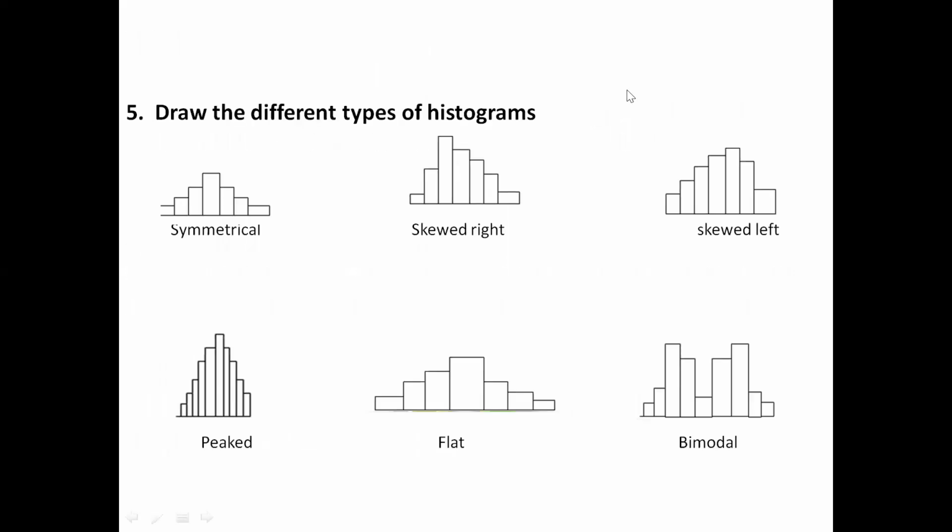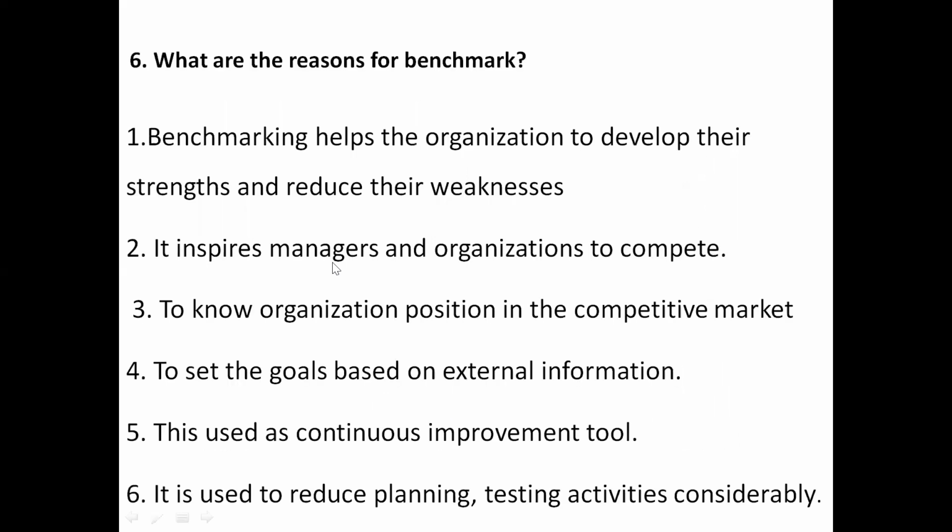Then, this comes under the third unit. They will ask you to draw the different types of histograms or name the different types of histograms. You have to write all these things. For writing you will get a mark, and for the drawing you will get 1 mark, so both will be asked. You can write symmetrical, skewed right, from left to right is skewed, skewed left, from right to left is skewed, peaked, flat, and bimodal. Practice this and you can write. Writing any 4 is okay for getting 2 marks.